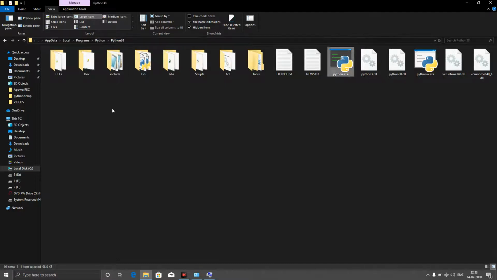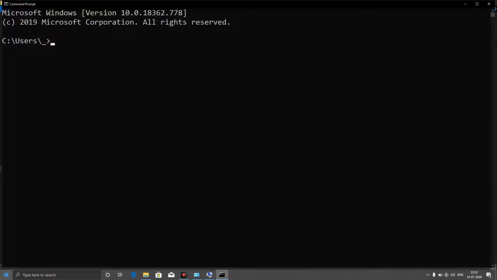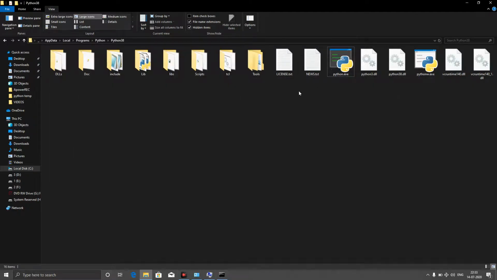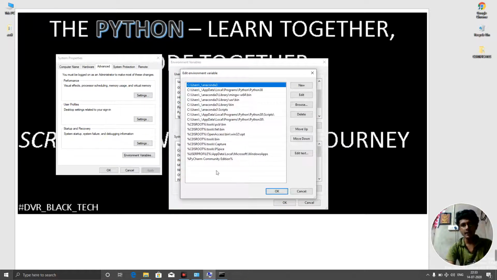Just copy this. Because when we go to CMD and type Python, it has to open that. It has to come here. That means it has to create the environment from here. So for that, go to this, as I already told, come to environment variables. Then here go to Path, and here you can see